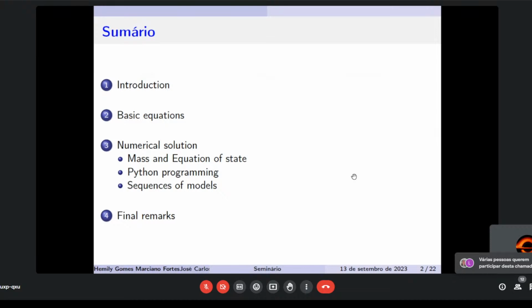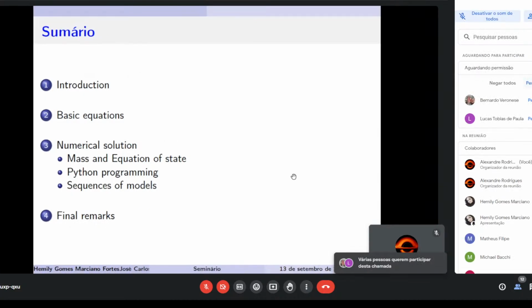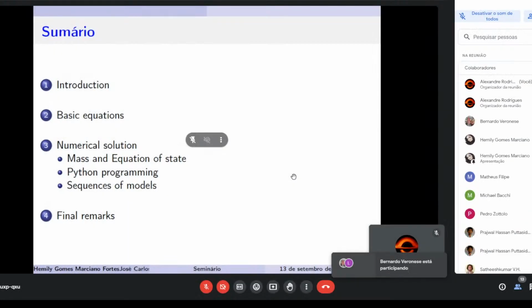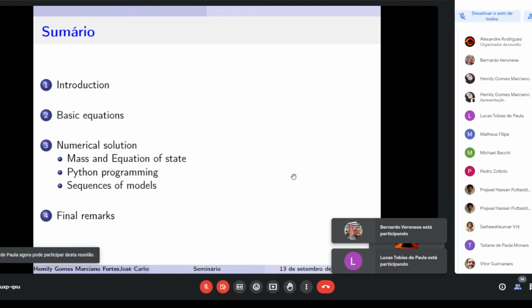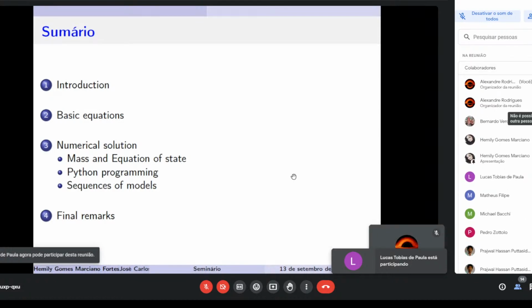First, I will give an introduction about this topic, and after that I will present the basic equations regarding the model of gravity, the alternative gravity we are using, and the compact stars we are dealing with, which is the neutron star. After that, I'm going to talk about the Python program we use to model this kind